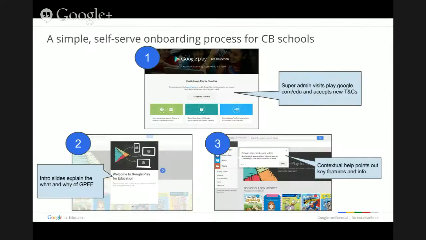So what exactly does this look like, opening up the Play site to Chromebook schools? As of Wednesday, all Chromebook domains are going to be getting an email letting them know that they can now access the Play for Education site. So the super admin now visits